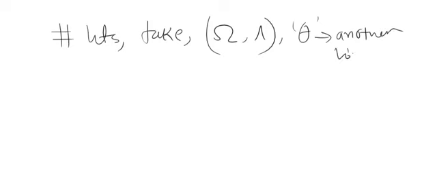And again, I want to go back to the commutator of our linear operators. So let's take two operators now. Let's take omega and lambda to be our linear operators, and for that we need another operator called theta. So let's take theta to be another linear operator, and it can be shown that